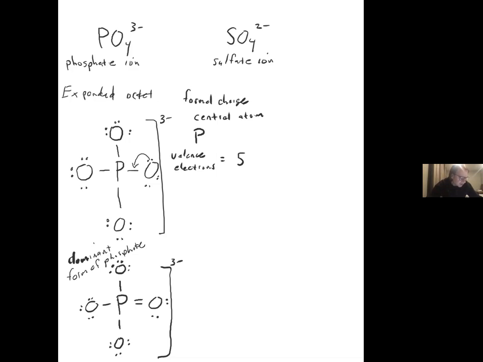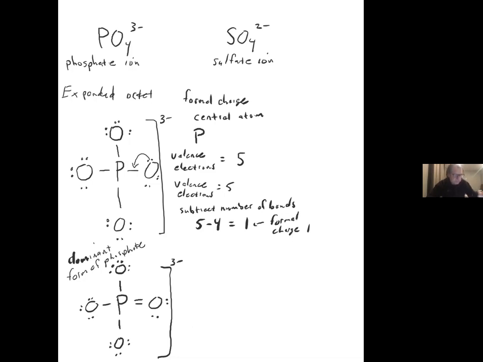So take your octet structure and you do what's called a formal charge calculation. So what you do is you take your valence electrons, which is 5, and you subtract the number of bonds. Okay, so I'm going to take 5 and I'm going to subtract 4. And notice you get 1. We would call this the formal charge